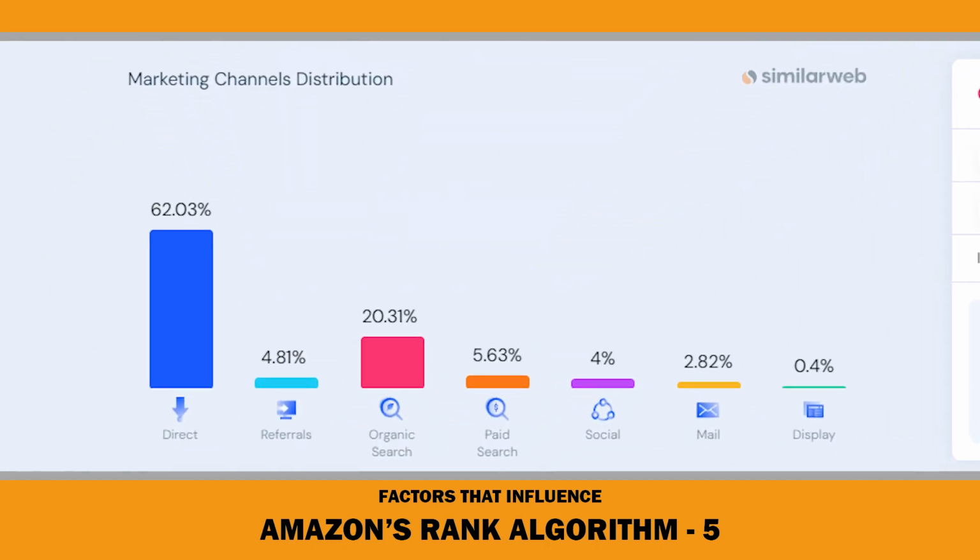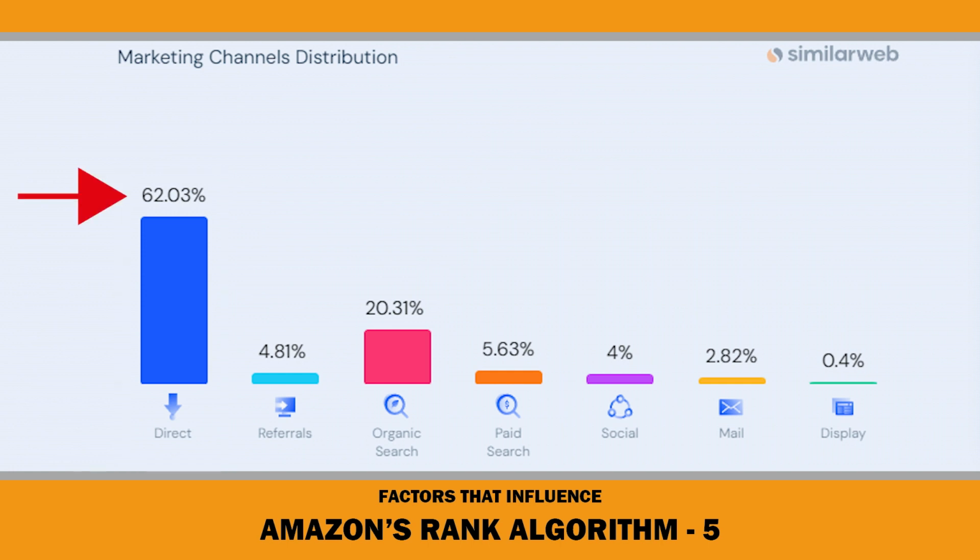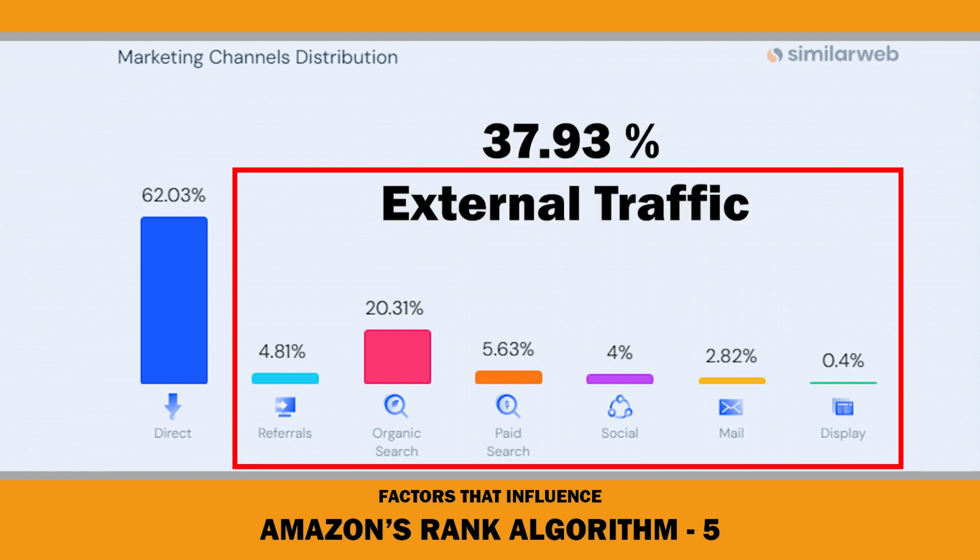According to SimilarWeb data, direct traffic was the top source of desktop visits to Amazon.com last month, accounting for 62% of the total. That's a lot. But that also means 38% of customers start their shopping journey outside Amazon. It means that if you have only been advertising and marketing inside Amazon, you are missing out on a lot